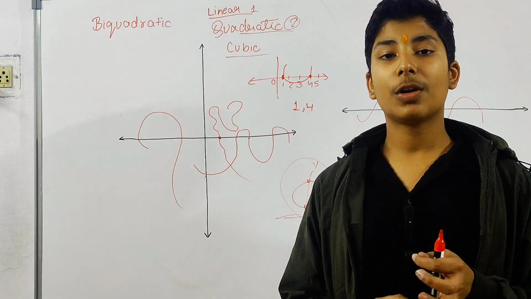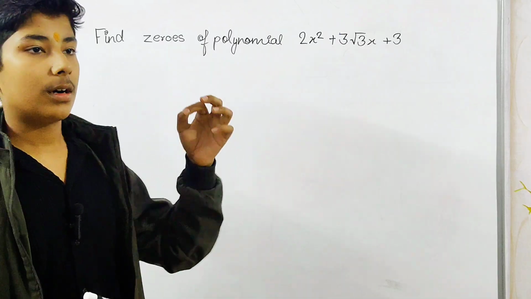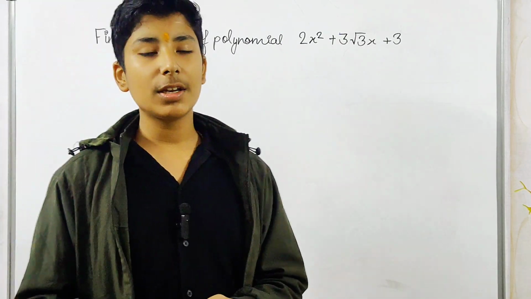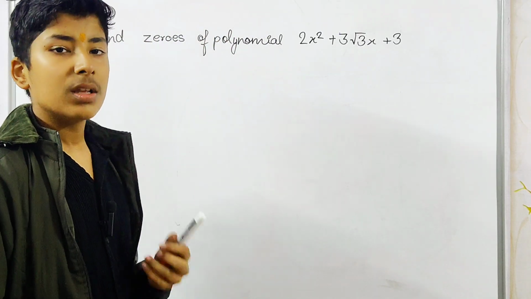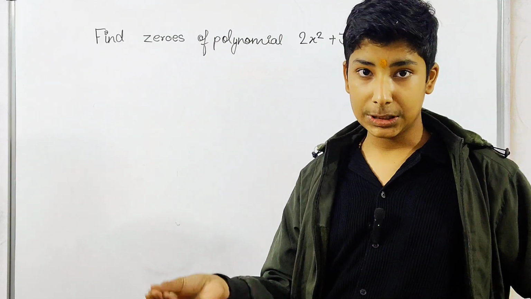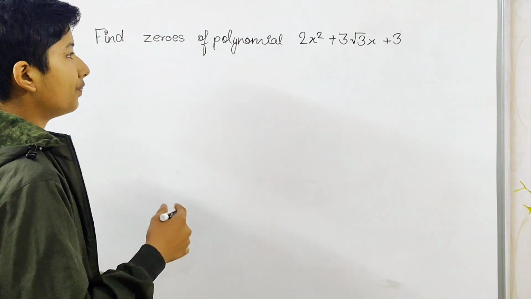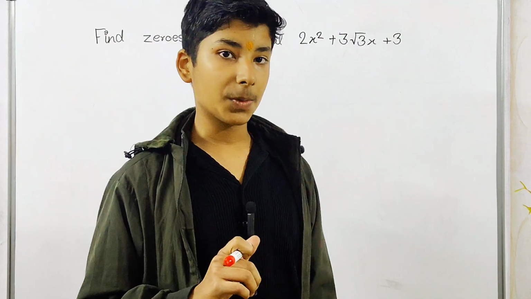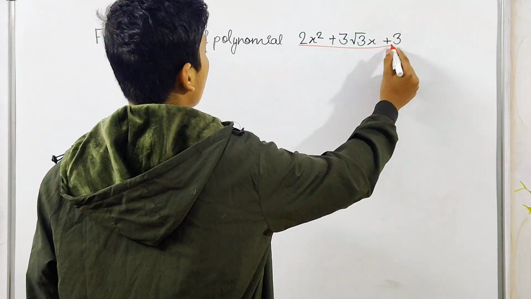Now we will come to our topic of quadratic equation. We have done the quadratic polynomial already, but to understand it in a better way, we will do some questions related to it. These are not the part of questions which we have to do, but these are introductory questions just to understand this thing, quadratic polynomial. In this quadratic polynomial, there is a method known as middle term splitting. Using that method, we will have to find out the zeros of this polynomial.